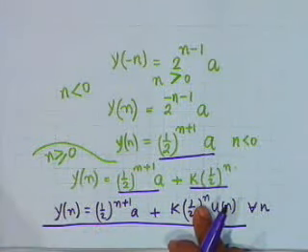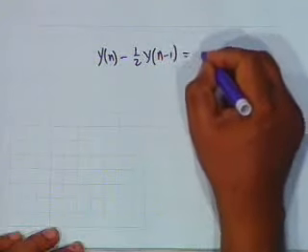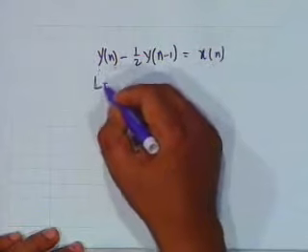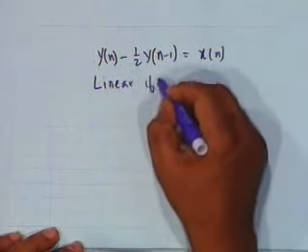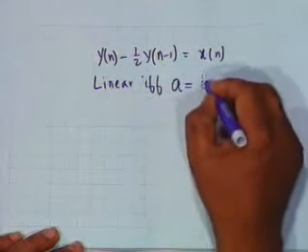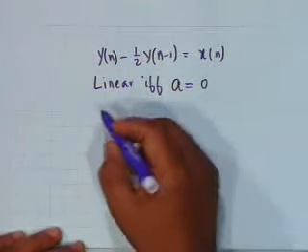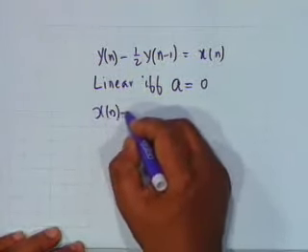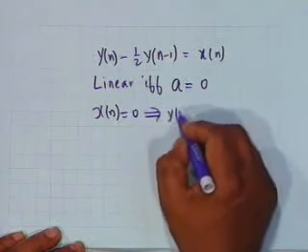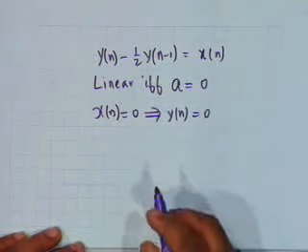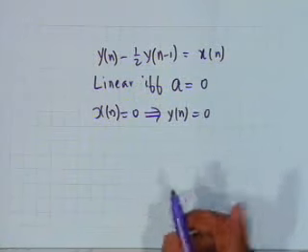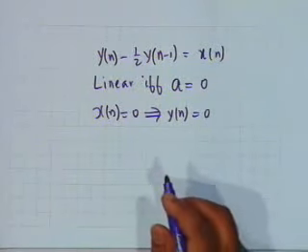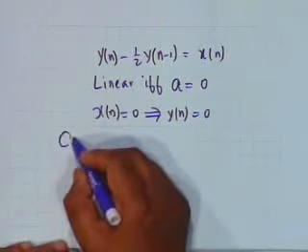That is, this simple first order difference equation system, y of n minus half y of n minus 1 equal to x of n, would be linear if the initial condition is 0, that is a equal to 0. Only then x of n equal to 0 shall lead to y of n equal to 0, and the system shall be linear. In an exactly similar manner, we can also investigate the causality,